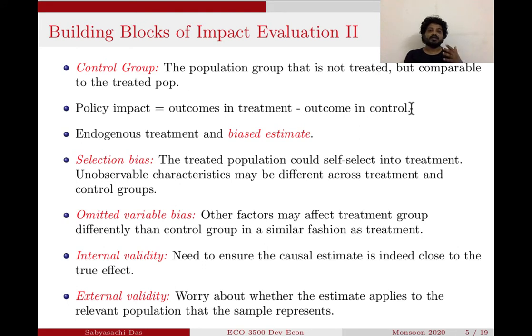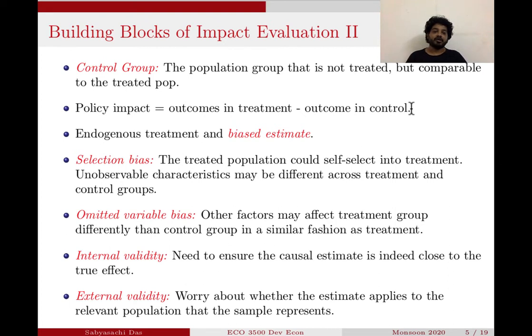Now, it is understandable that the people who choose to open a bank account would be very different from people who choose not to open a bank account, right? The people who choose to open a bank account, maybe they are much more financially literate. Maybe they are much more motivated guys who really want to save money, right? Maybe this group is particularly interested in investment, and they're really looking for opportunities to save. So these people are characteristically very different from the rest of the population, and these are the ones who are self-selecting into